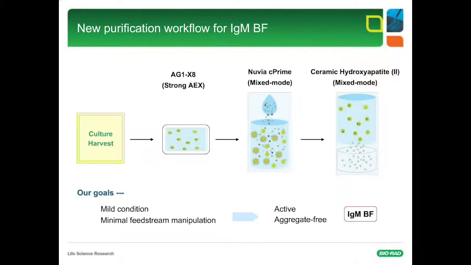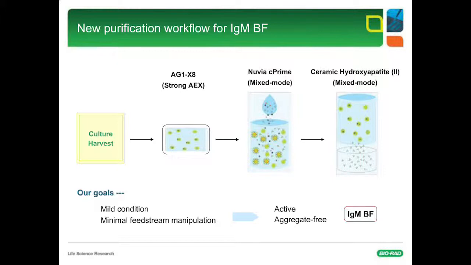So this IgM molecule we show here is from a client, and it has all the problems I mentioned earlier. The goal for this new purification workflow is that we want to have a milder condition to protect the activity of this IgM. At the same time, we want to have minimum feed stream manipulation so we can cut the purification process shorter and do it faster. At the end, we want to have the target molecule active and stay aggregate free. So this is done by a 3-column workflow. The first column is AG1XA. We use that for removing